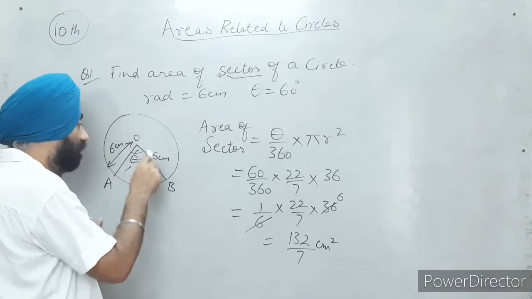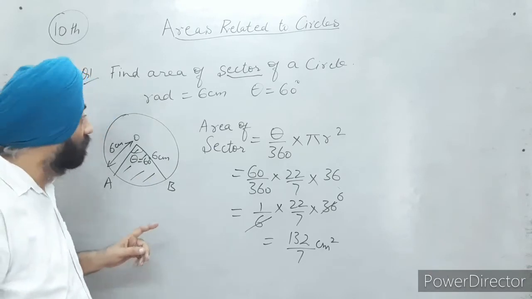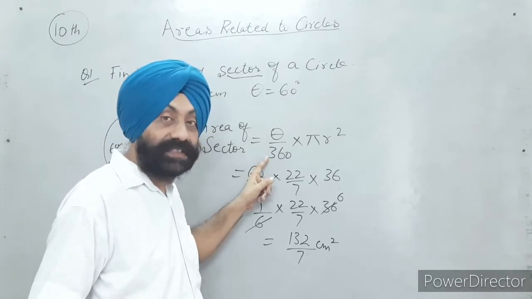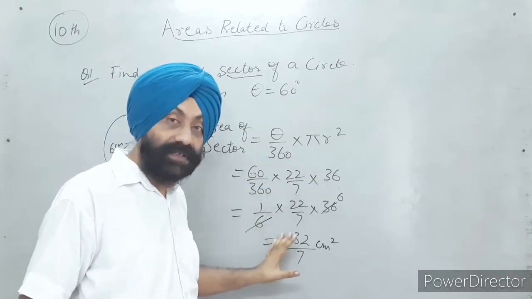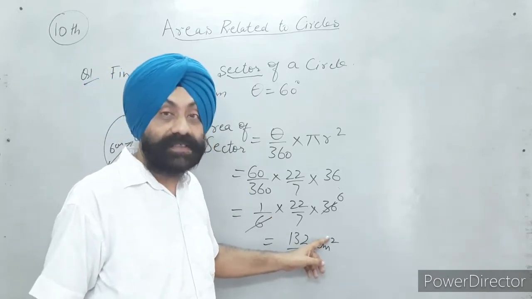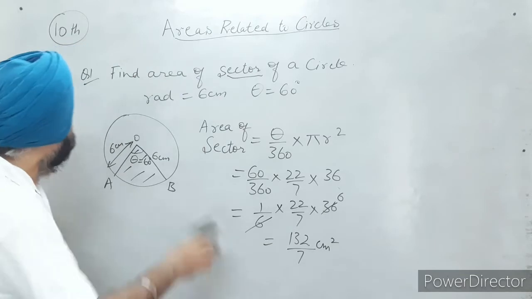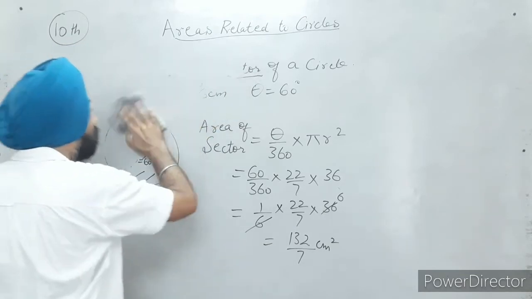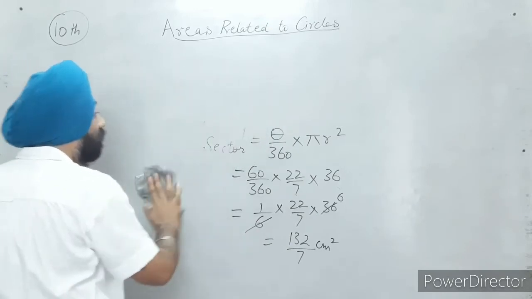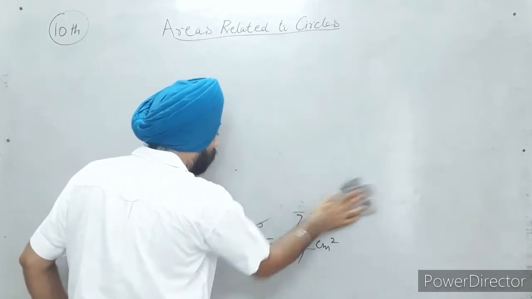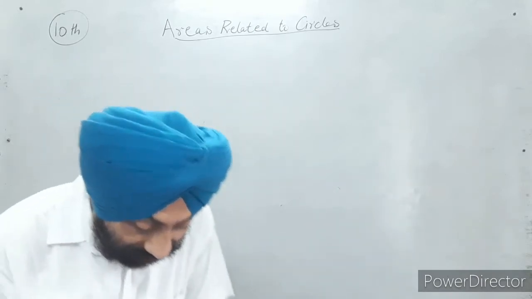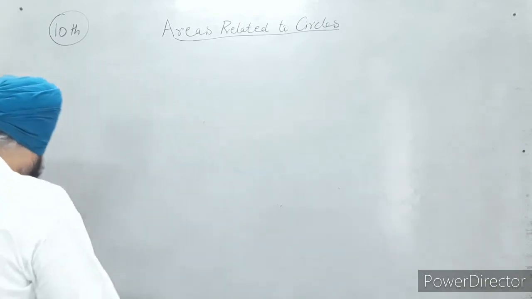where the central angle theta is equal to 60 degree and the radius of the circle was 6 centimeter. Therefore, we find area of sector using this formula, theta upon 360 into pi r square. Just fill in the values to get the answer. Since we are finding area, it will be centimeter square. Now, the second question of today's lecture is from this very topic, that is area of the segment, or it can be area of major segment, minor segment, or area of major or minor sector, right? Now question number 2.